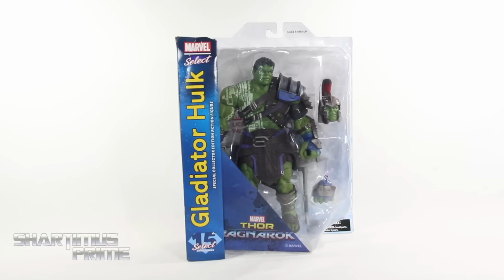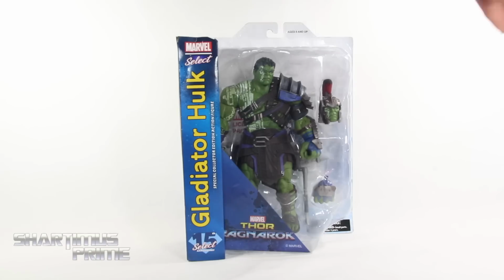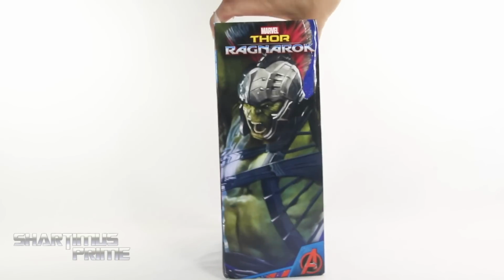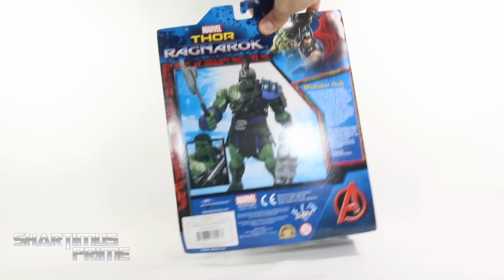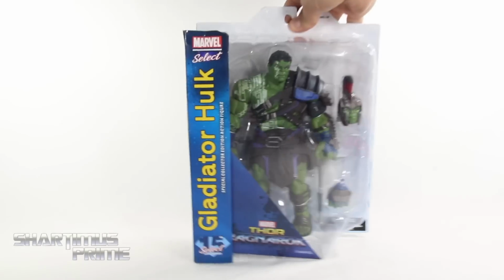This thing is looking really cool already, but you know, if you have a chance to go through multiples, pick out the figure with the best paint apps, I highly recommend you do that. But anyway, on the side it says Gladiator Hulk, then we get a nice image of Gladiator Hulk, and then on the back you can see some product shots, and then there's a read-up over here. If you want to read it, go ahead and pause it now. And then there's not much more on the side or at the bottom, so let's get to it and crack